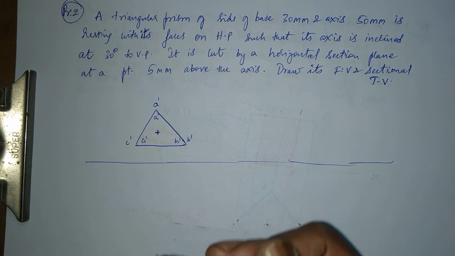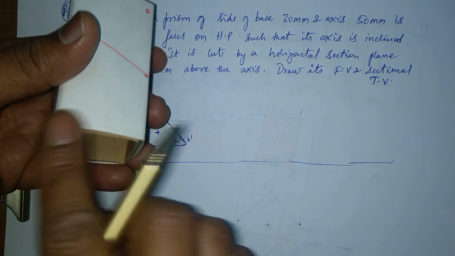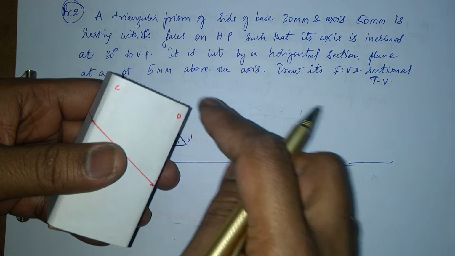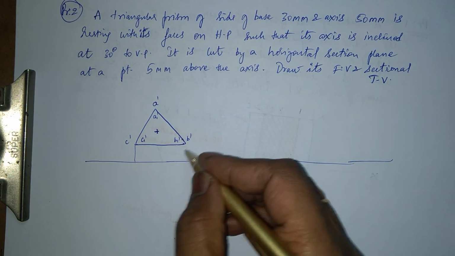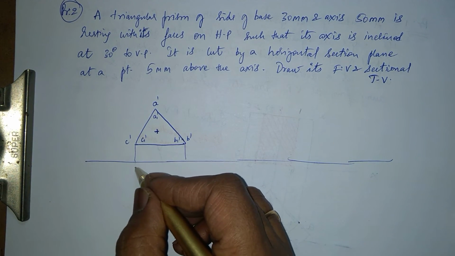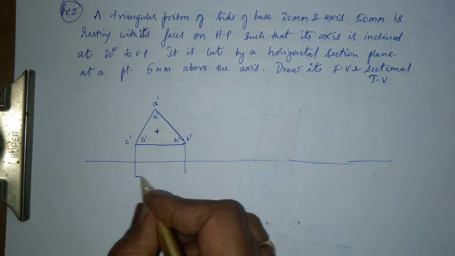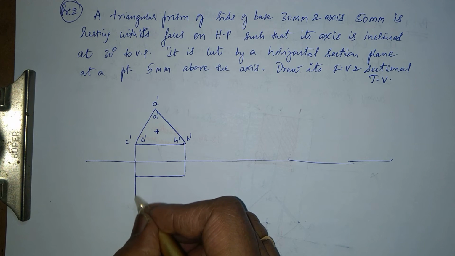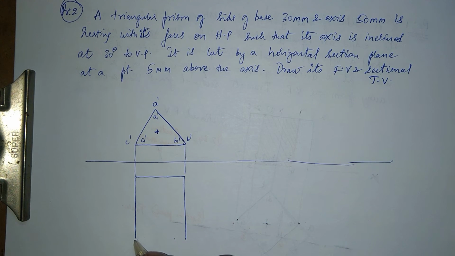Alright, the two sides of the prism, like a square prism: one side A, B, C, D, the other side A1, B1, C1, D1. We'll use it later. Now I'll get the top view of the same. I'm just taking a convenient distance here also, not putting it right on the axis. So this is my 55 distance given.